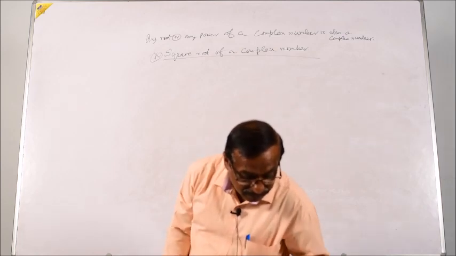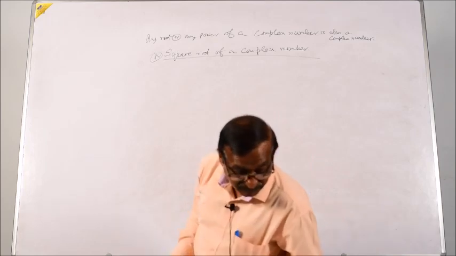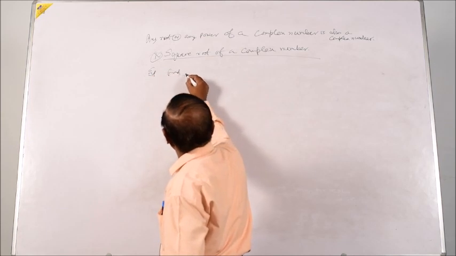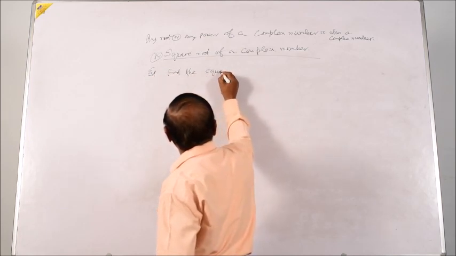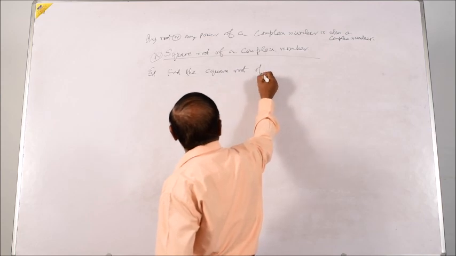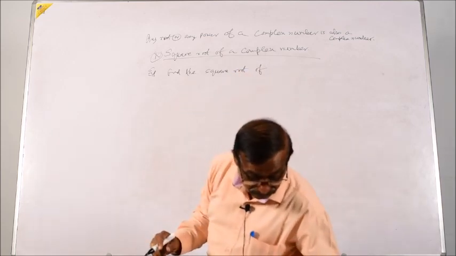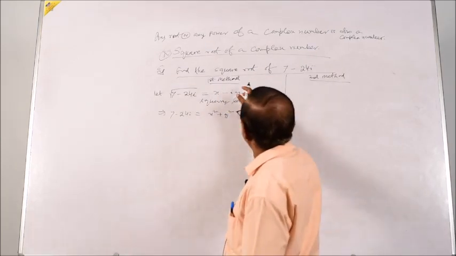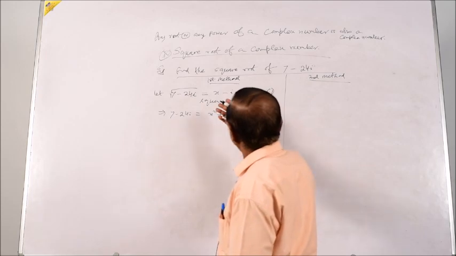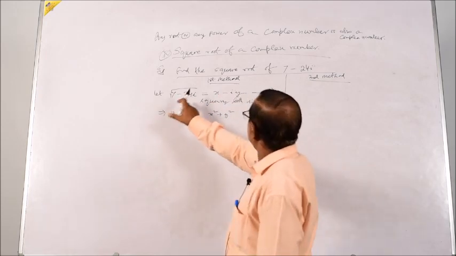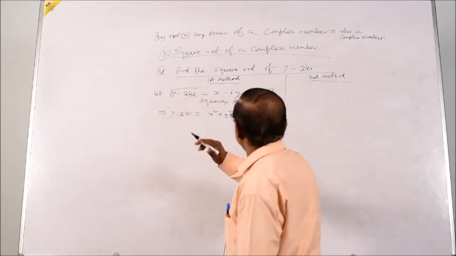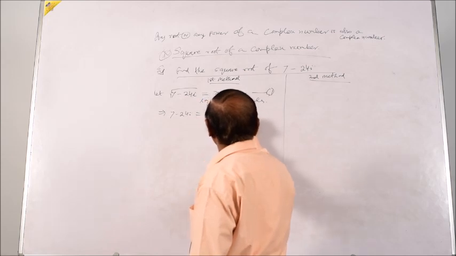Let us see, find the square root of this. Okay, now we start finding the square root of a complex number. I am telling you, write the problem. If this complex number is given with a minus sign between the real and imaginary part, we have to take the minus sign here. So, this was a square plus b square minus 2ixy.